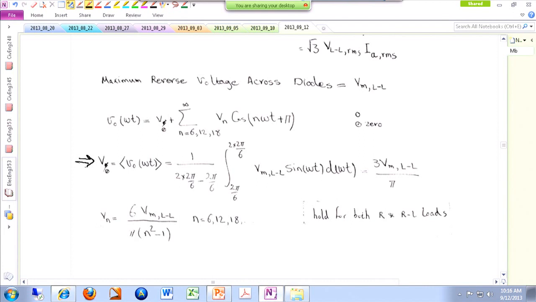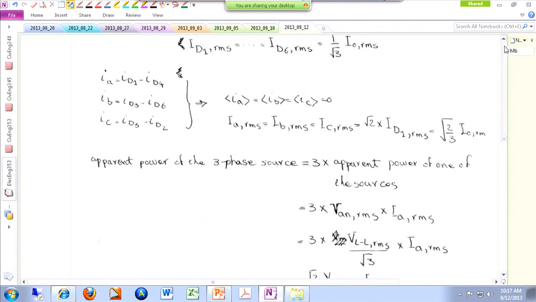Okay, I'm focusing on 1/6 of the period, which is from here to here, and then looking at the line-to-line voltage, which is some peak value which I highlighted as Vm line to line, d omega times sine of omega t times d omega t. That turns out to be the average value of the output voltage is 3 times the peak value of the line-to-line voltage over pi. Okay, so this basically tells me